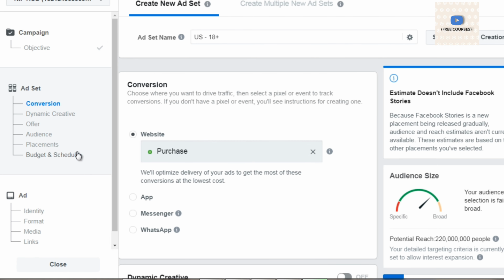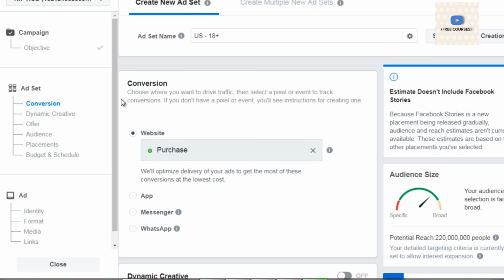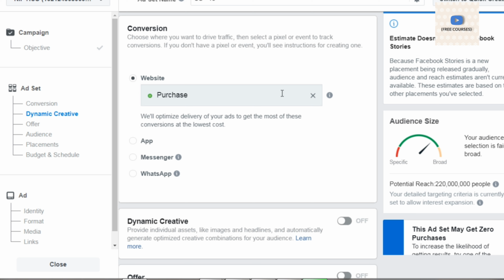Okay, so like I said, in ad set, you have the ability to change the ad set name. So within a campaign, you can have several different ad sets. For example, if you're doing scuba diving, you could do an ad set for just males or just females, or males of a specific age or females of a specific age or specific interests. You could target specific jobs. So they could be different ad sets. And that's what it is. So what you would do here is you would click this here. You would choose the specific product that you're promoting in the pixel.